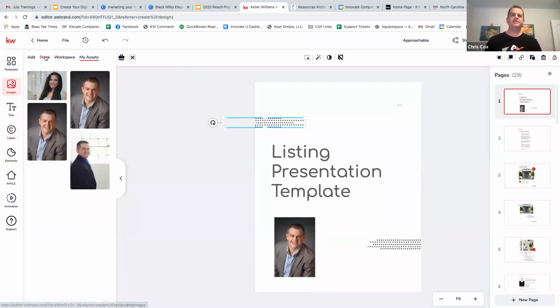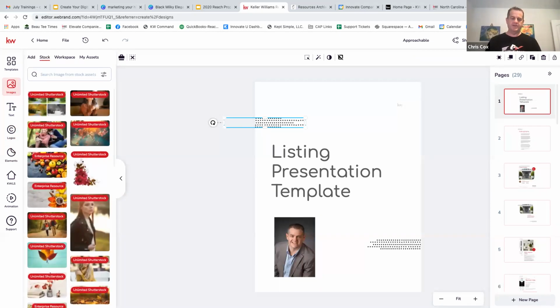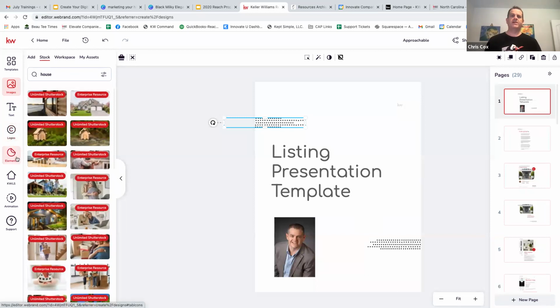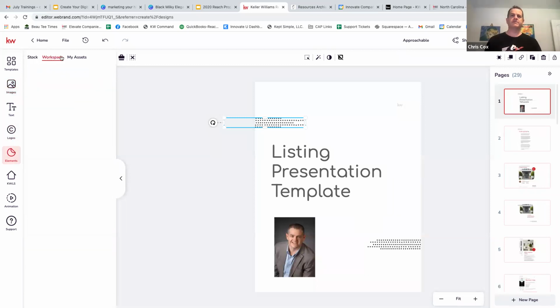If I go to images and I go to stock, these are going to be like your stock images that are there. If I go to elements,